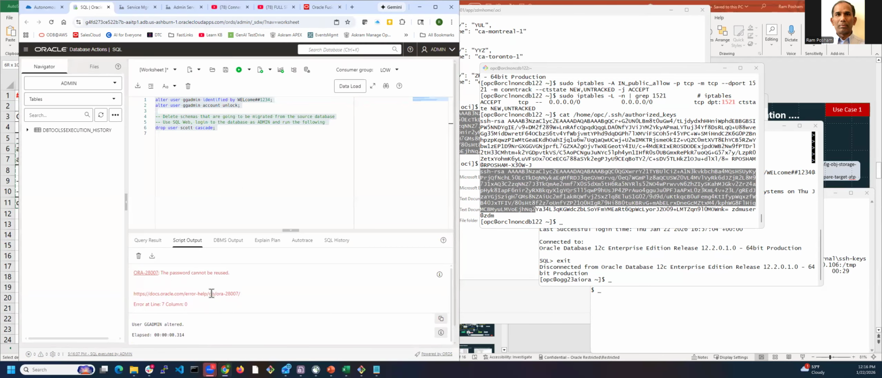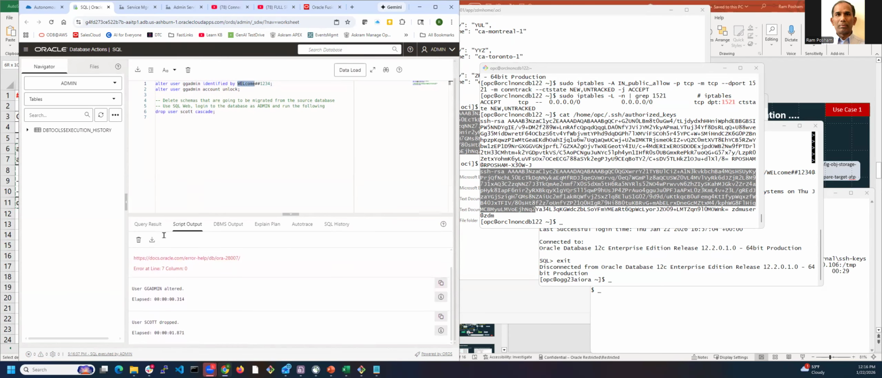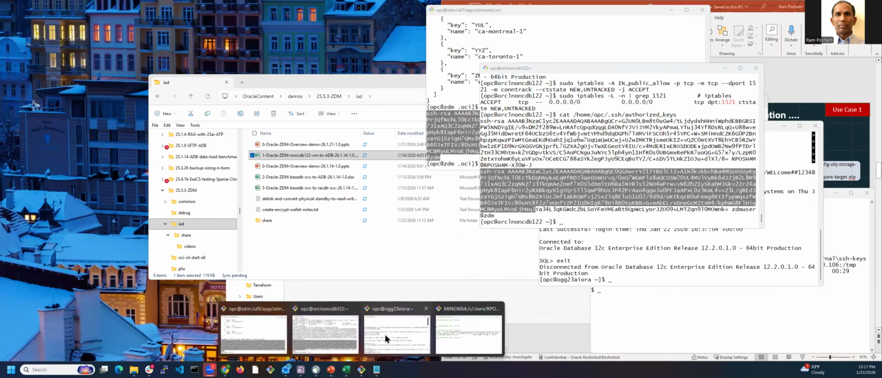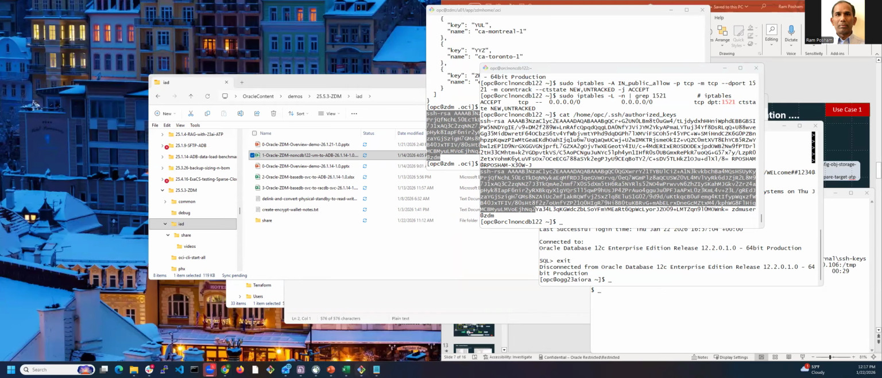The first command failed because the password is the same password I already have, but the rest of the things worked. The Scott user was already there because I'm repeating this demo. So that's why I'm dropping it. You cannot have a schema that you're replicating from the source to the target, so that's why you need to clean it up. Then the next step is